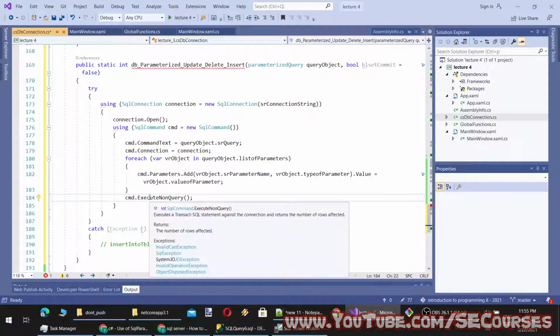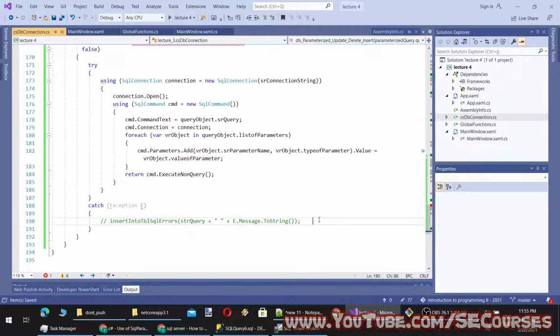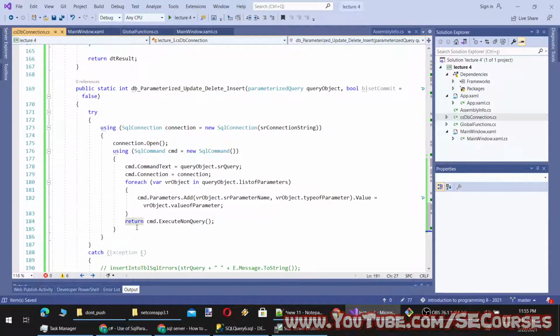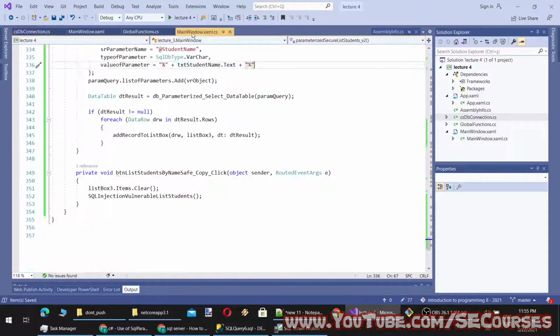If an exception occurs, it returns -1. So -1 is not possible otherwise, because it can be either 0, no rows affected, or positive. So -1 means that an error occurred in our query.